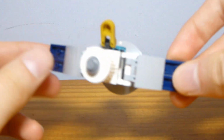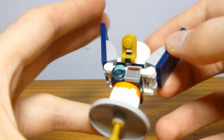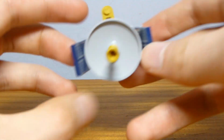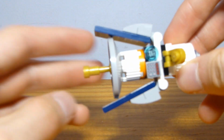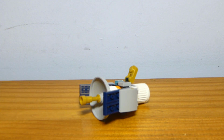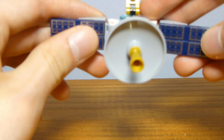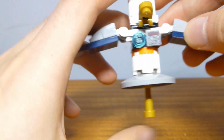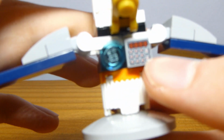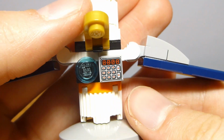It's nice to see some cool prints here, and those can be folded either direction, to kind of fold up the satellite for potentially loading it into a cargo bay that is on one of the other space sets, which you probably could do. I don't have any of them, so I can't confirm that, but it's a good look regardless. You do have this control panel 1x1 tile print,